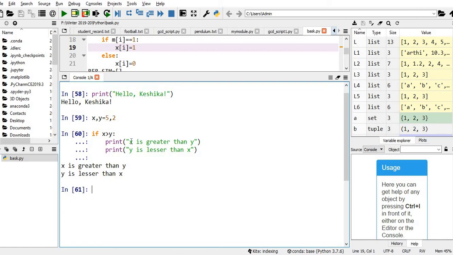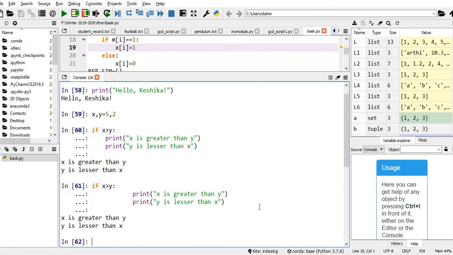So what I'm doing now, I'm just increasing the tab space. 3 tab spaces, 1, 2, 3. Now I am executing. It is not displaying any error. So this indentation tells that below this if, these are the block of code.